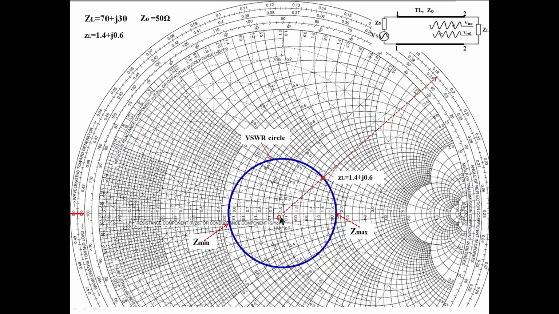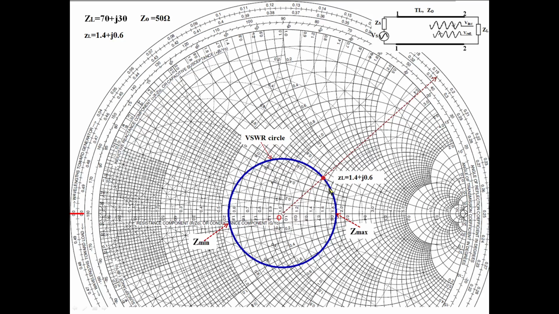But if you go half of this way, this point for example, traveling from here and coming to here, it is nothing but lambda by 4. Lambda by 4 means 0.25 lambda distance, and the full distance is 0.5 lambda, like that. As you move like this, you can easily come to know the value of impedance from the load. A complete circle is 0.5 lambda, but what is the distance here?